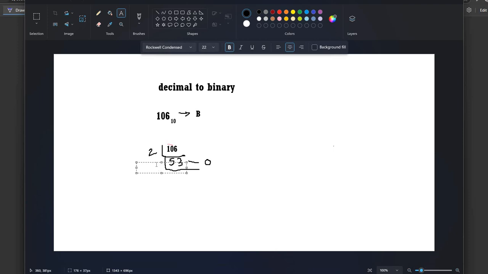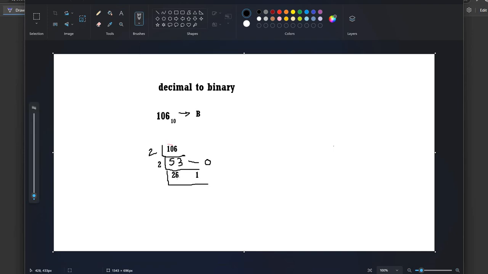Again we will divide it by 2. 2 2s are 4, 1, 3, 2 6s are 12, so we'll get 26. What will be the remainder? The remainder will be 1. 2 26 are 52, so the remainder will be 1. Okay, then again